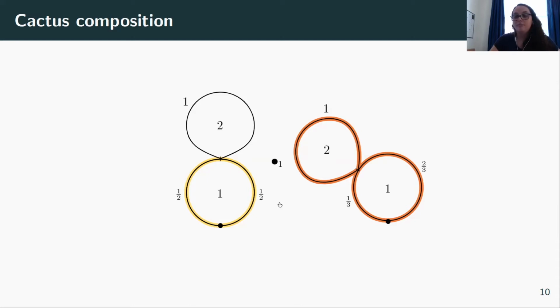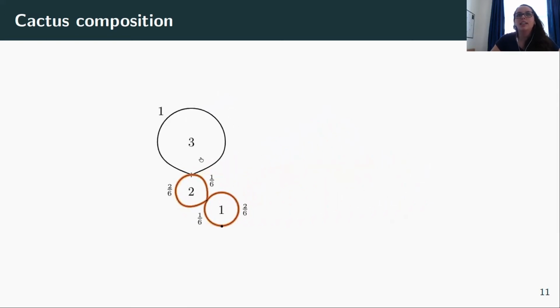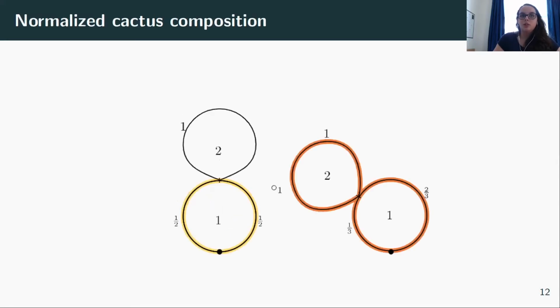If you insert, for instance, at lobe number 2, you consider the base point to be this intersection point closest to the root. But in this case, you just shrink, put it there, and this is the composition that you have. So this looks really nice, and it makes sense with the little disks. Well, a problem if we want to talk about normalized cacti is that clearly the end result is not normalized. We started with 2 perfectly good normalized cacti, but we ended up with this, where these lobes have length a half each. So we want to define a composition for normalized cacti,